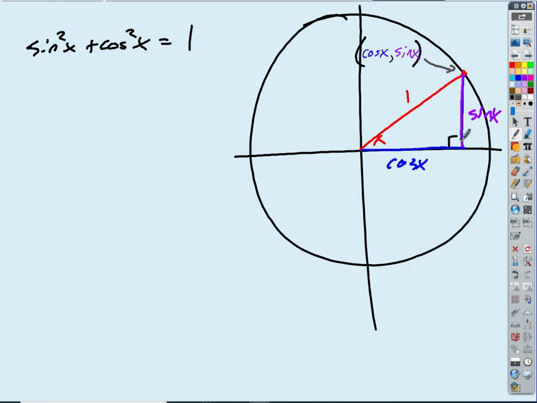Now, the other thing that you can do with this that's really useful is there are 2 other Pythagorean relationships that I never remember. I don't want to waste those brain cells, so I just always start with this one, because this one's pretty obvious and easy to remember. And then you can come up with the other 2 by just dividing both sides by whatever you want to get. What I mean by that is,